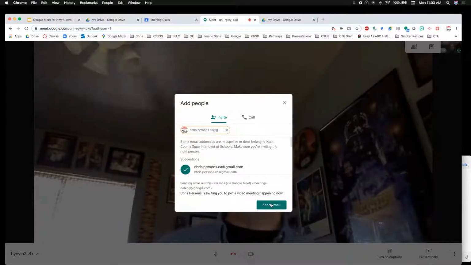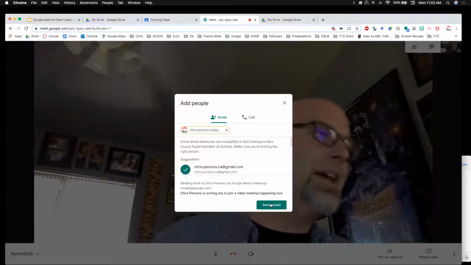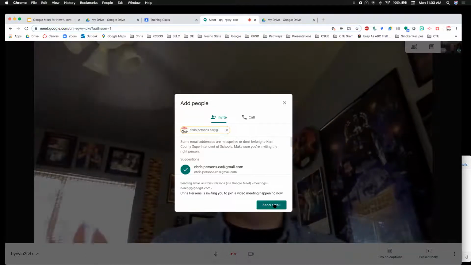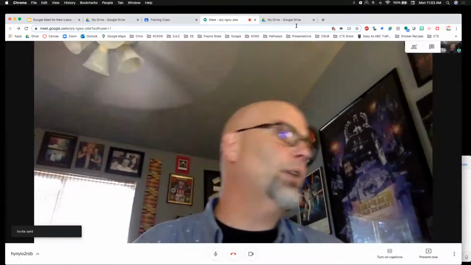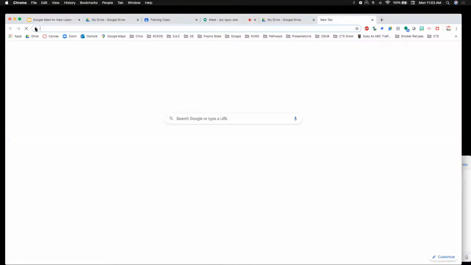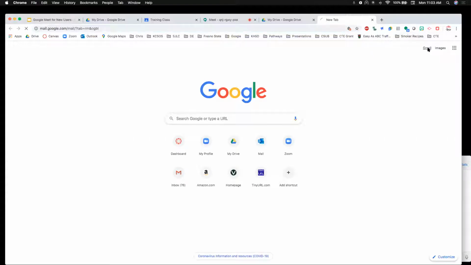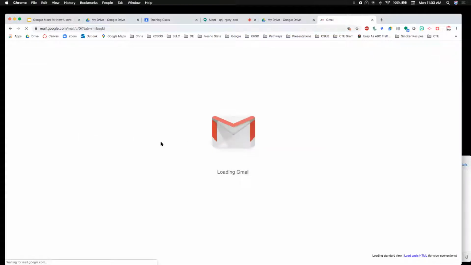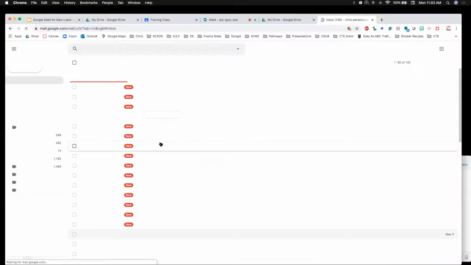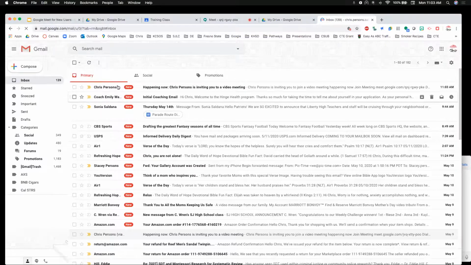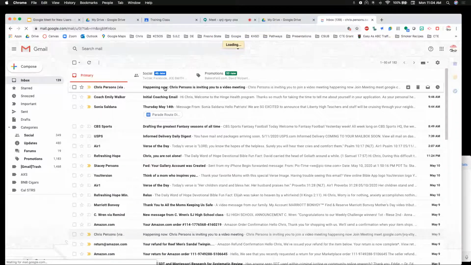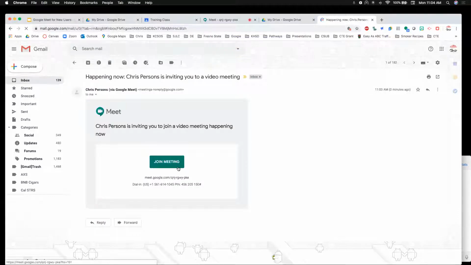So with Zoom, remember, you can do that a number of ways, especially if you have the Zoom app, you can actually call somebody. With the Meet app, you're going to actually hit an email and it will shoot out and they will get a link that way. So I'll go ahead and send that email and then let me jump in over here and open up my email real quick and I'll show you that that link will live right here in my heavily overpowered inbox right here. So I can click on this link, open this email, and you can see this is where I can